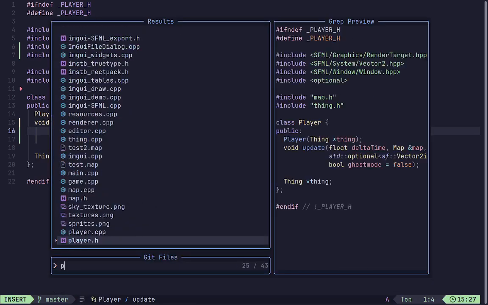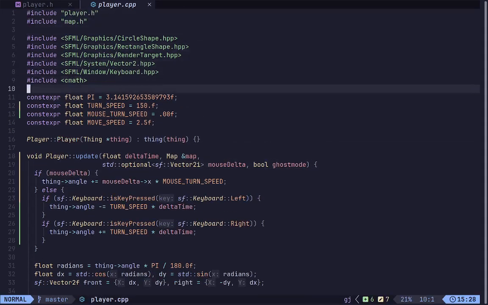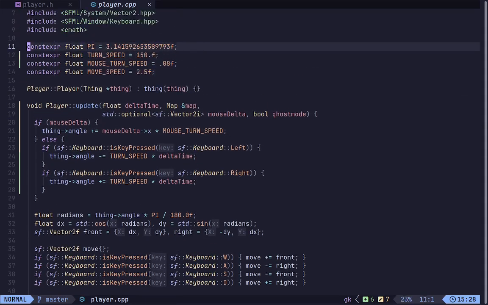So we're going to open up player.cpp, and inside of here we have got a new constant, which is the mouse turn speed, which is set to 0.08, and this is much smaller than the turn speed because mouse is different and we don't multiply it by delta time, so we need to have a very small value. And what we do is, when we are updating, we just go ahead and